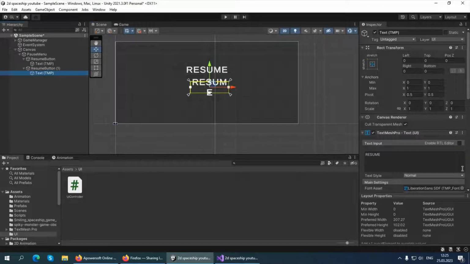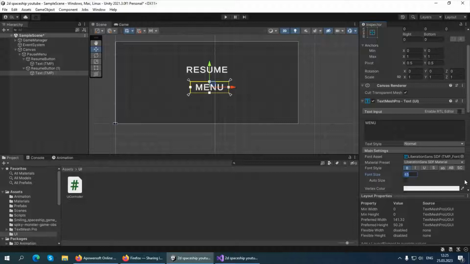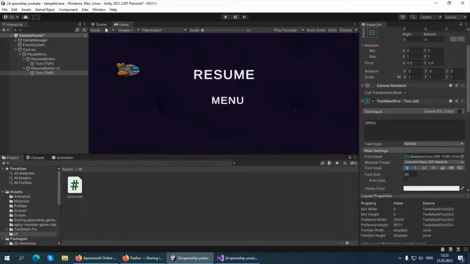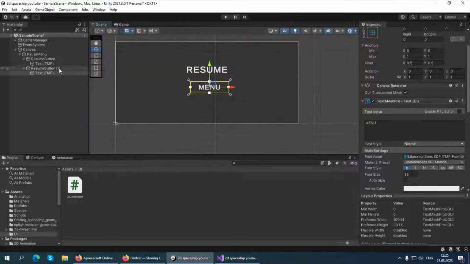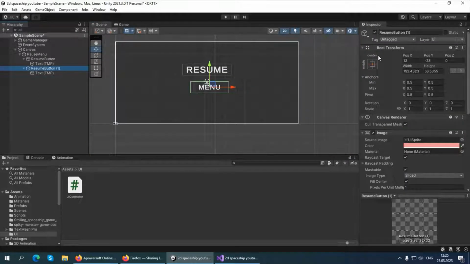Now let's select our text. Let's name it menu, and we can change the font size to be smaller, for example 35, and this is how it looks. Now let's select our duplicated button, and let's rename it to be our menu button, and let's duplicate this menu button one more time,